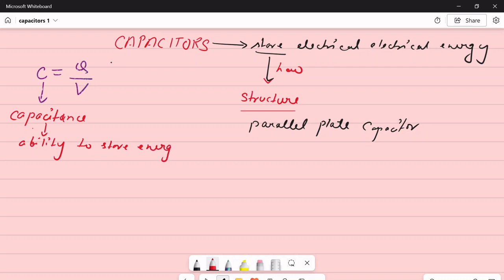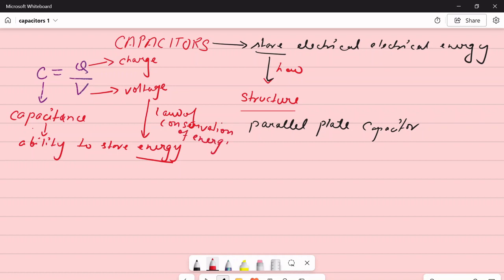Energy. Now let us understand these two key terms. It depends on Q, which is the charge. What kind of charge? Not important. This is V, obviously the voltage that you apply from outside. If you want to store energy, you need to apply voltage, right? According to the law of conservation of energy, it's not going to get formed on its own. Energy can neither be destroyed nor be created. Therefore, you need to apply external energy to store internal energy in the capacitor.